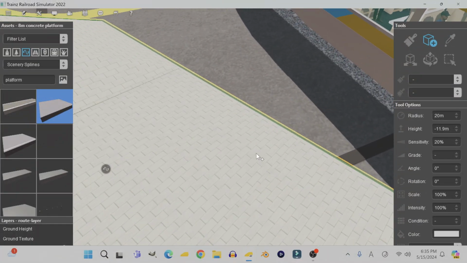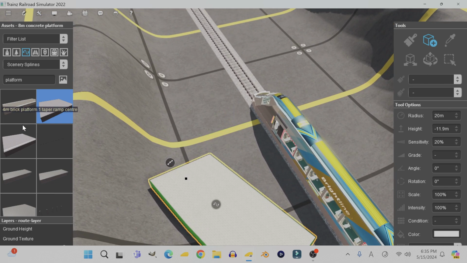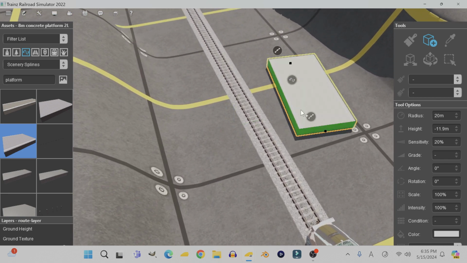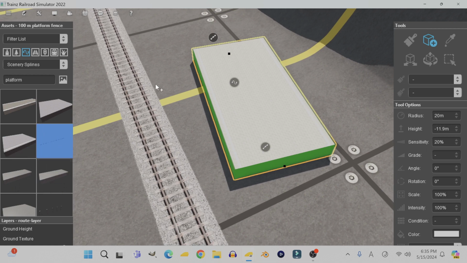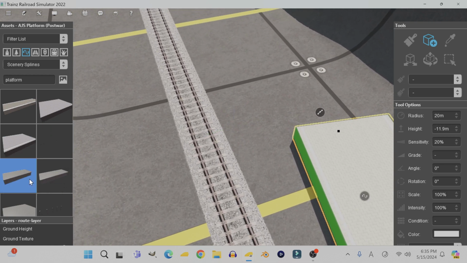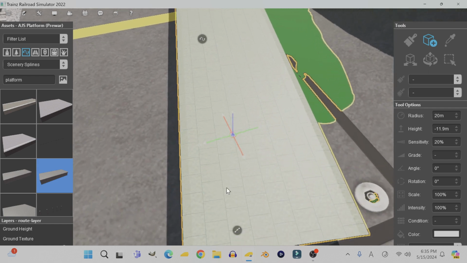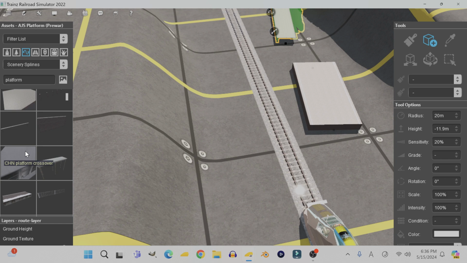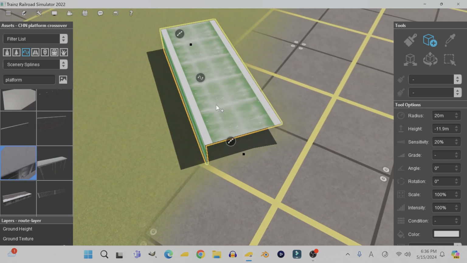If you download my American bullet train route on the download station, you'll see that some of the stations have passengers standing on the platforms, and the amount of passengers I put there is actually heavily calculated. I took the average population of that town, then I divided it by 30%, and then I added 100 for tourism and stuff. Then I took the number and divided it into the total amount of platforms the station had. Going by those measurements, each platform in this Houston station is going to have to hold, let's see,